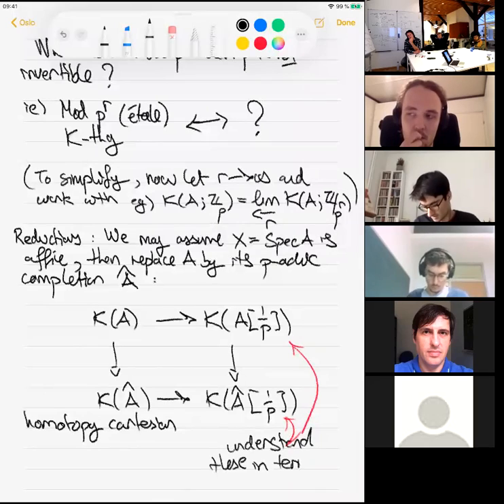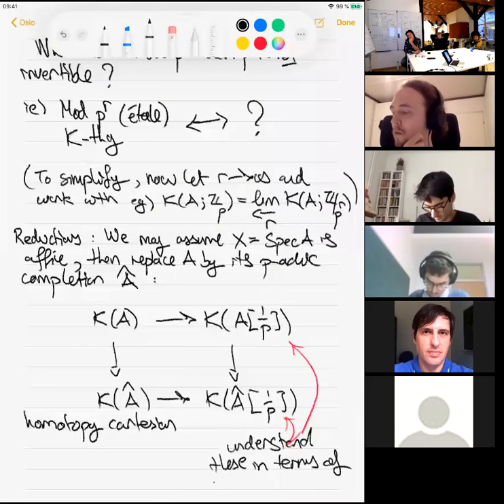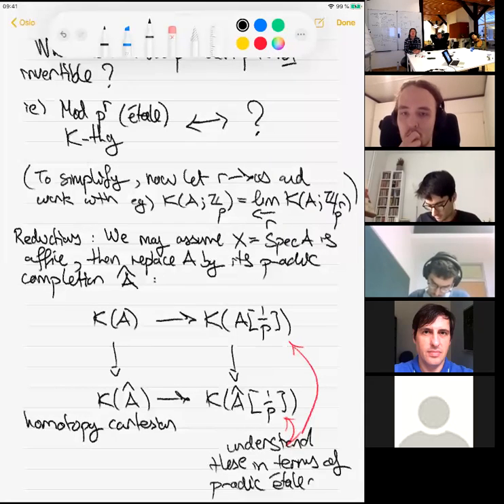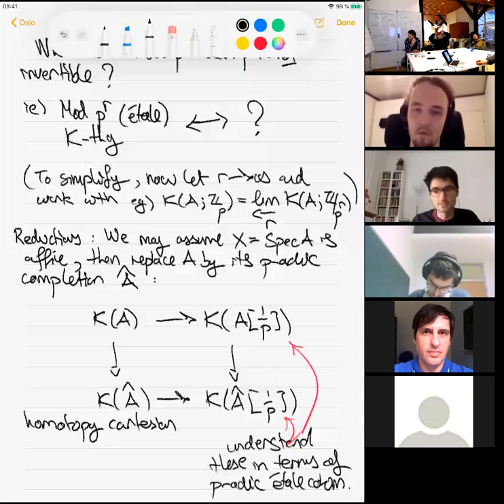We understand these in terms of p-adic étale cohomology, because now P is invertible, so I can take L equals P in these. And so here there's definitely some subtlety because at a certain point we're going to be studying, in fact, étale